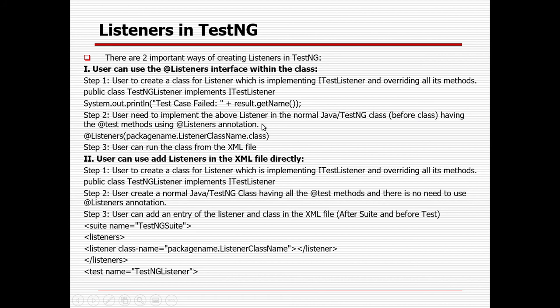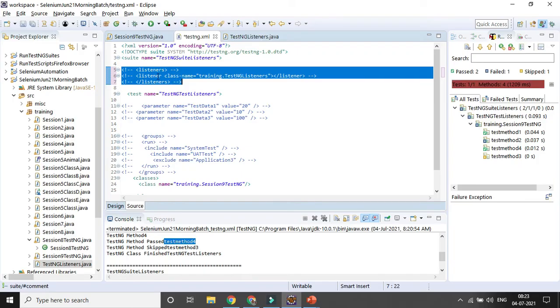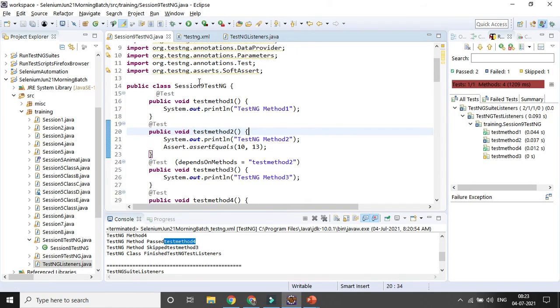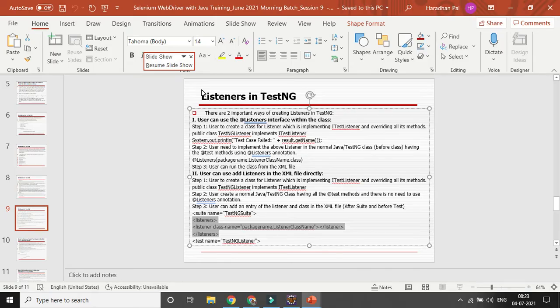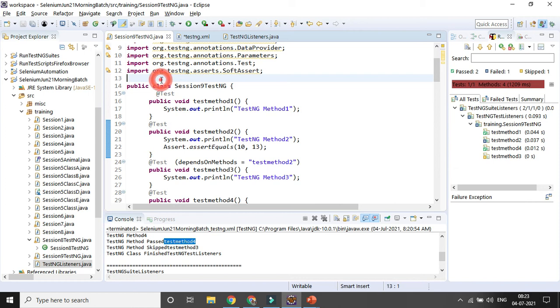So I will be using it here at class level. After test I can use it, so I can use it before the class level. One time I can do it.